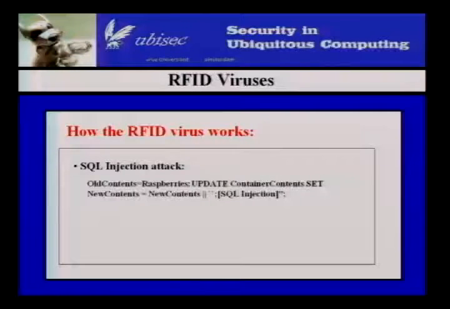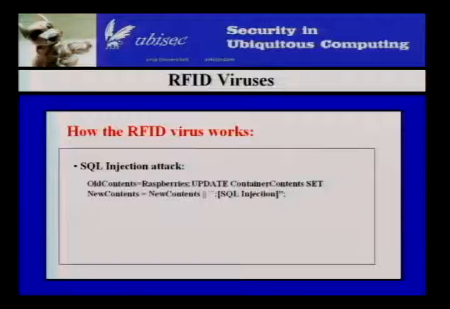Of course, that's just wasting bits, and it's completely not necessary to have there. But I really just put it there for the sake of readability, to make this a little bit easier to follow. So you expect up to the semicolon that you're going to have your old contents equals raspberries. But the part that you don't expect is, of course, when the semicolon starts. And essentially what you're going to do now is update the container contents table, and set the value of new contents